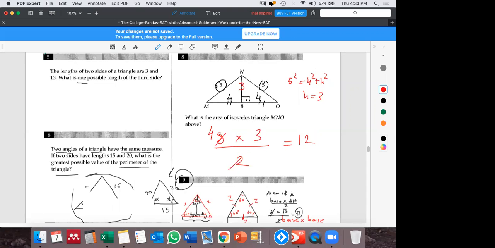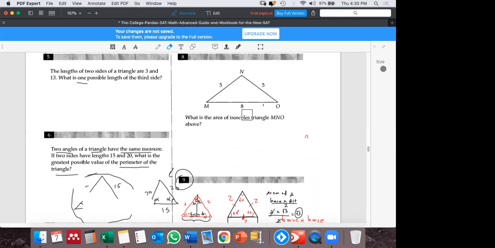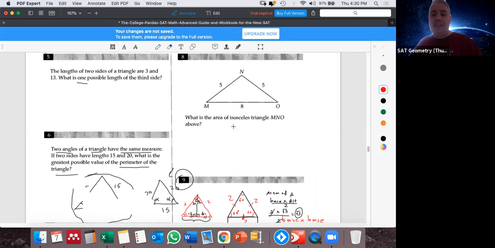Sir, how did you get 3? One more time from the beginning. The given triangle, is it isosceles? Yes. What does isosceles mean? When you draw the altitude from the vertex to the base, it divides the base into 2 equal parts. This is the rule you have to know. So totally it was given 8. 2 equal parts means 4 and 4. Now I am saying that when you look at one of the triangles, for example, this one, this is 4,